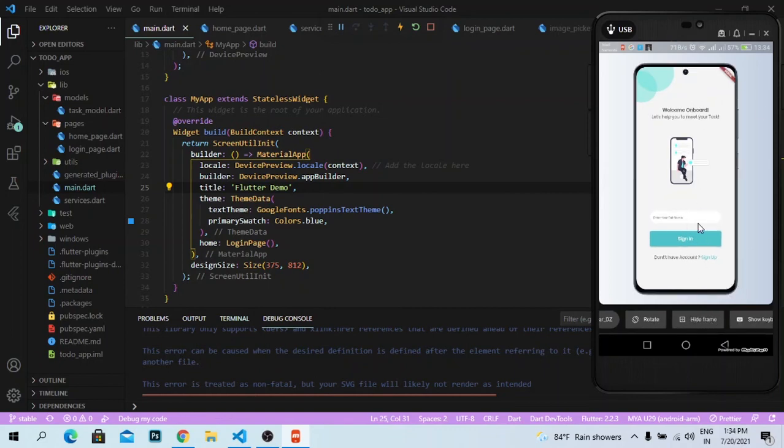You can display the frame, and you can see the preview easily. So hope you like this video, and you have got something important which will make you build your app more responsive, and you can test the responsiveness of your app clearly.